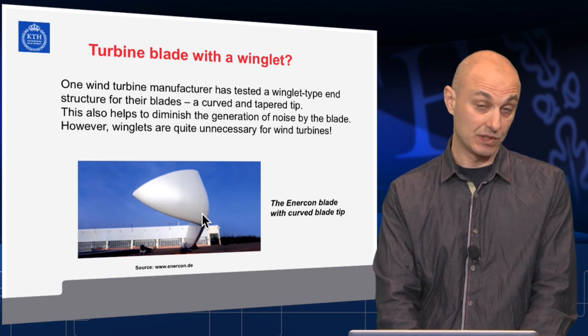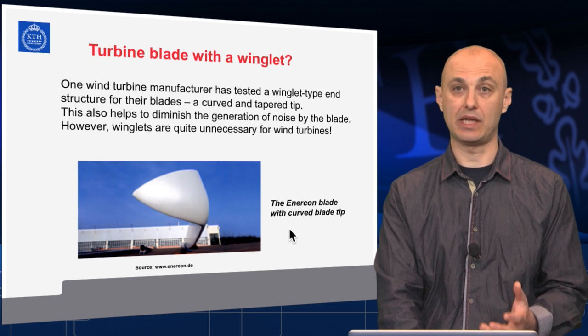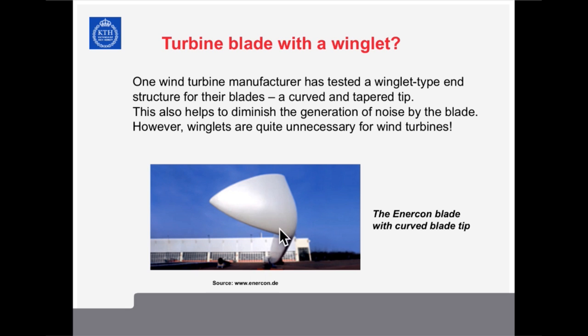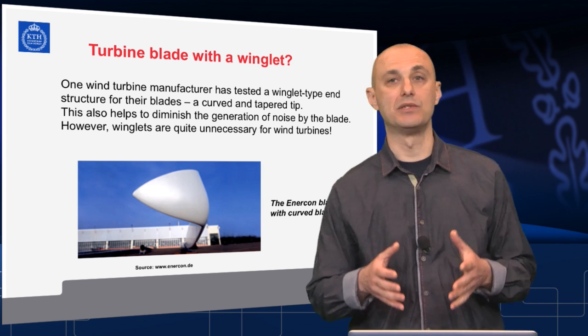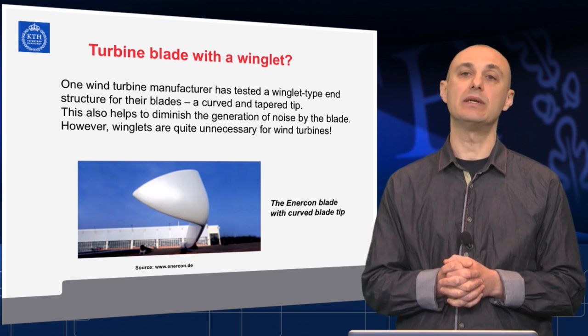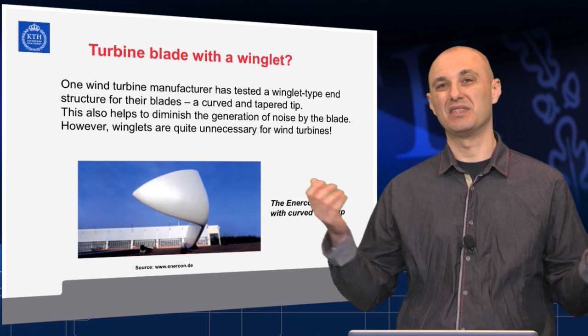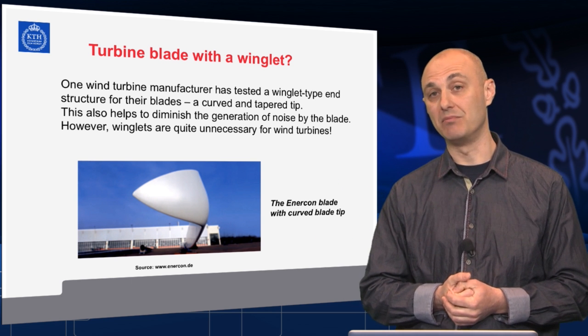But there is a large-scale commercial wind turbine blade that attempted to use a kind of winglet. It's simply a curved tip. It also helps with decreasing the noise, which in some cases is much more important. But it also definitely acts as a winglet, decreasing the tip loss. However, the winglet in a typical wind turbine situation is deemed to be unnecessary, or just an unnecessary complication of the blade,